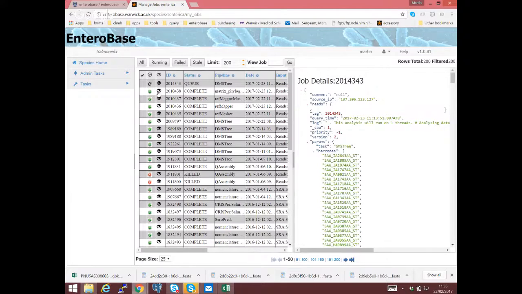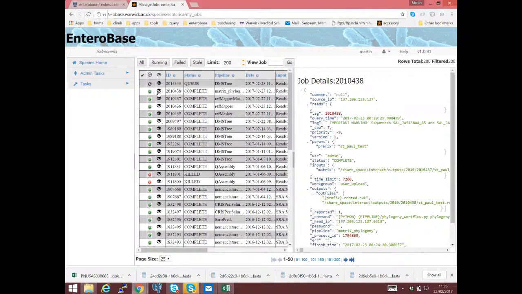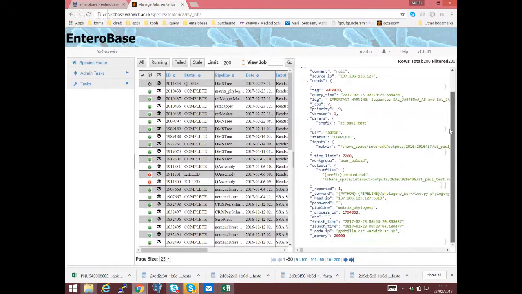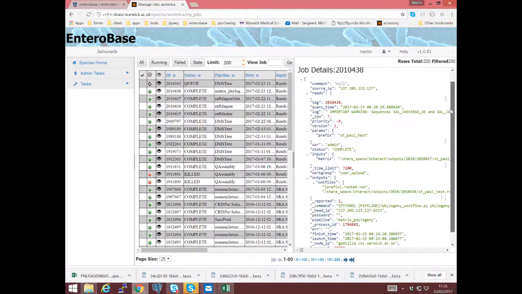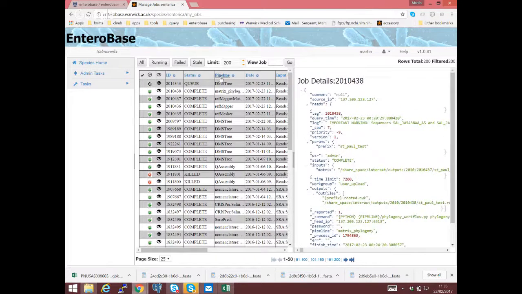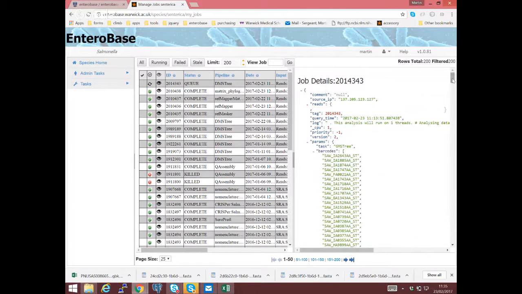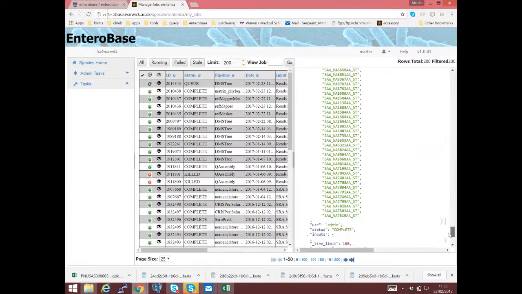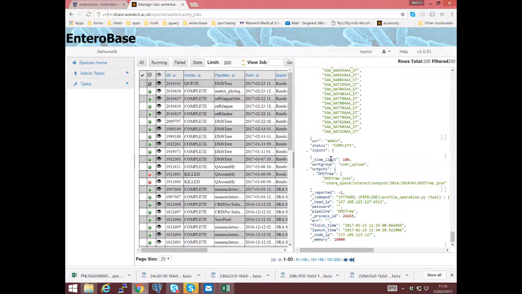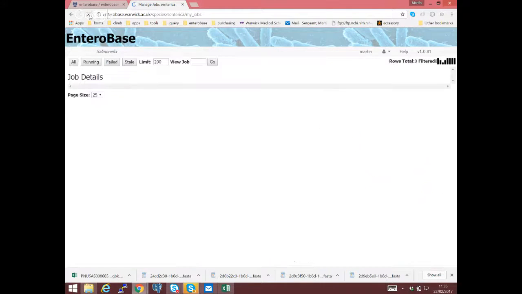So if you click on the I here, you get information about that job. I haven't formatted it properly. This is what I get back from our colleague Zemin in his job server. So if we look here at the bottom, we can see it is complete now. Okay. So if we were to refresh this page,